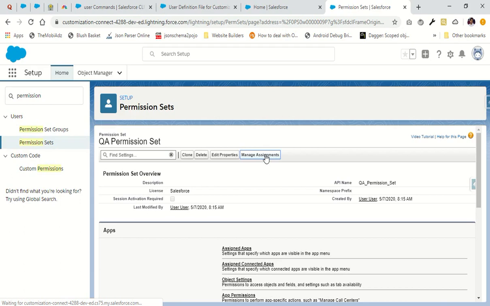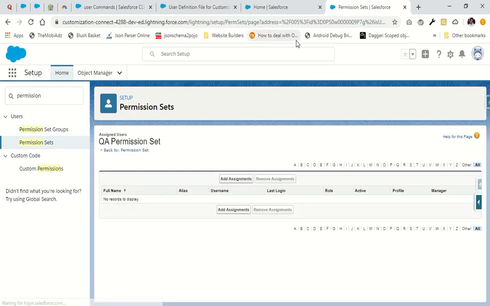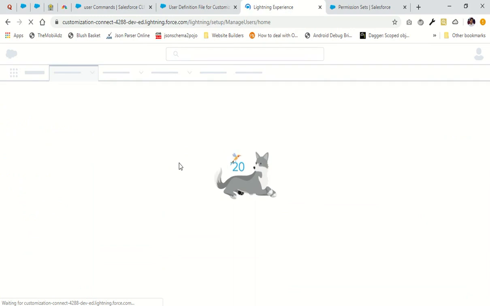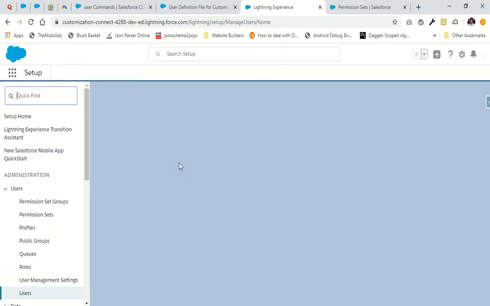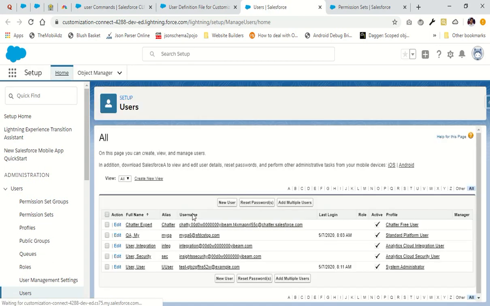to this permission set. I can check out the manage assignments to see if I have any user. So I don't have any user, and also in my org I don't have any user named awesome QA. I can just refresh this page to show you clearly. So I have a couple of users in my org, and I have even a user named my QA, but I don't have any user named awesome QA right now in my org, right? So